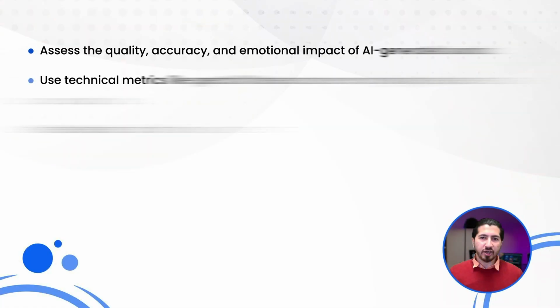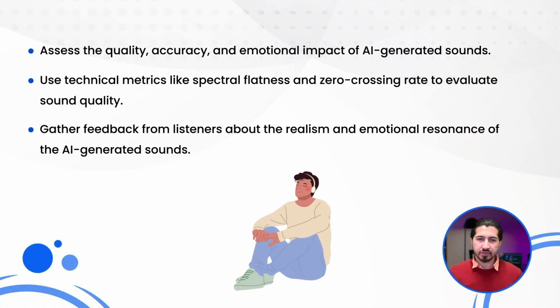Now let's move on to sound. Evaluating AI sound generation models means looking closely at the quality, accuracy, and emotional effect of the sounds they create. You can use objective measurements like spectral flatness and zero crossing rate to technically assess the sound quality. It's also important to gather subjective feedback from listeners on how real and emotionally engaging the AI-generated sounds seem to